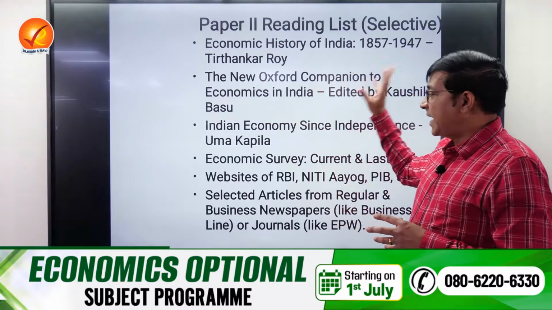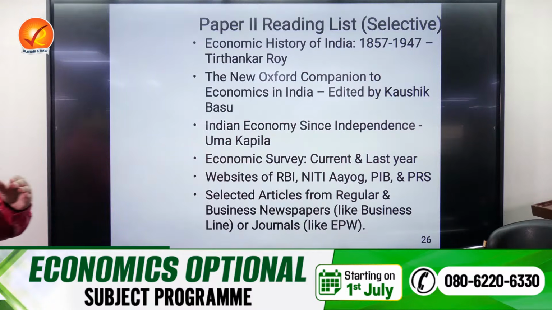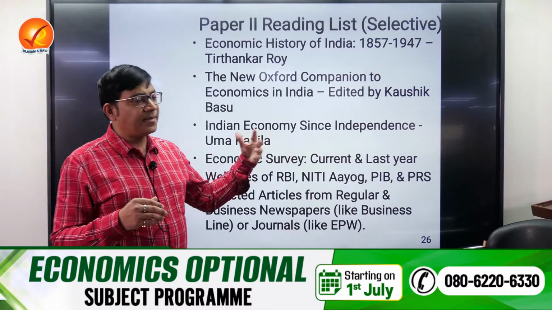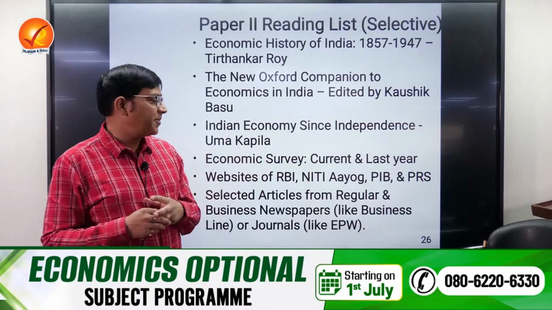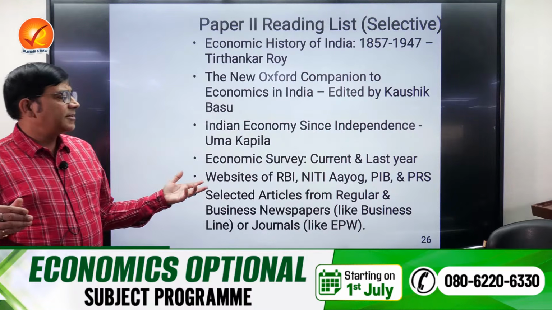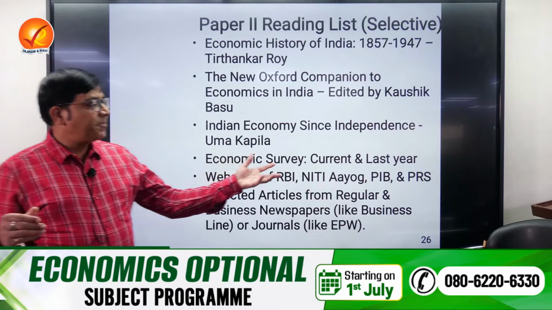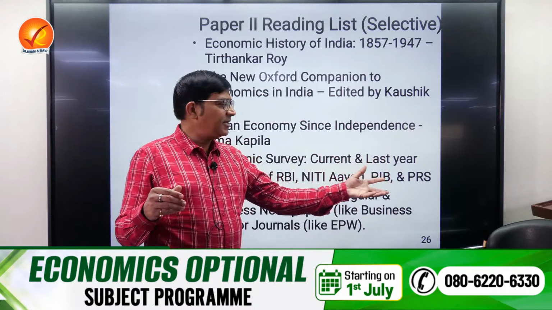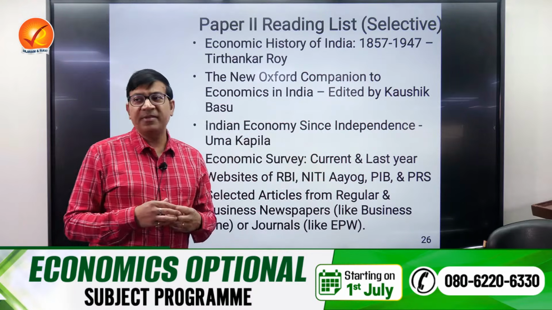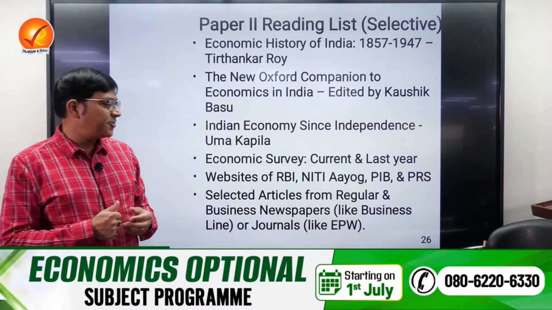But then, and obviously some parts of survey, economic survey is needed. Even if we do not do surveys separately all the time, we'll keep on quoting some of the results from the survey when we do the paper two. But apart from that, there may be a number of other things like some of the reports given by RBI, Niti Aayog, PIB website, PRS website. These things you sometimes do for GS also. Okay, even for covering from some GS part, you look into the PIB or PRS websites. Sometimes in optional also it will be helpful.